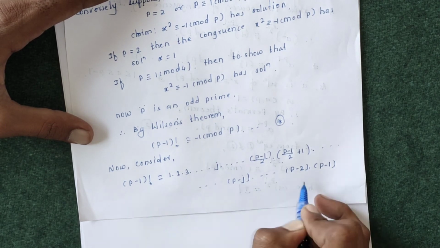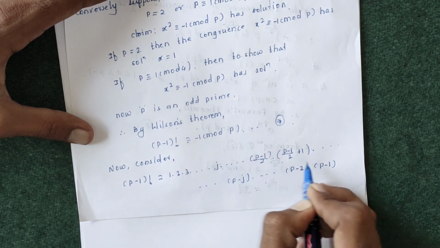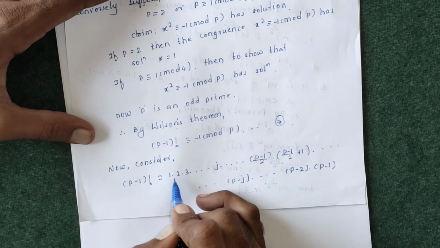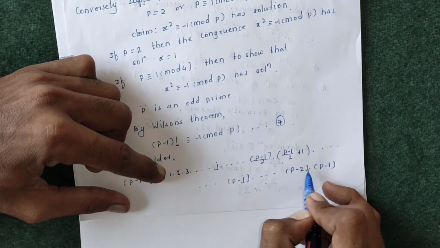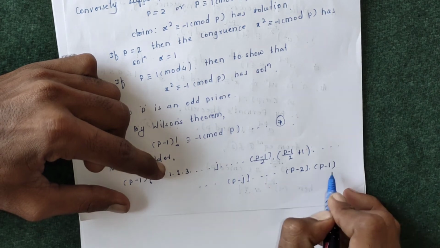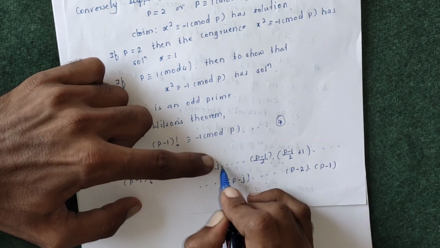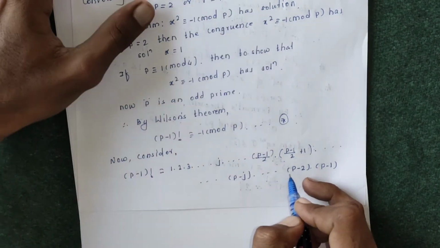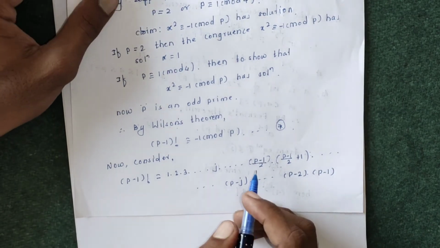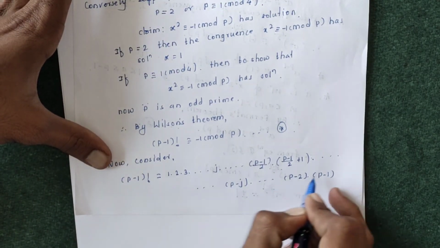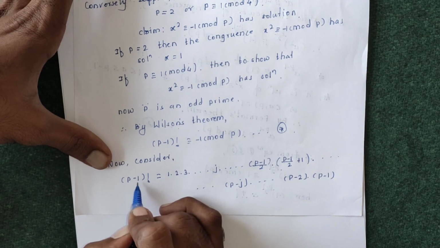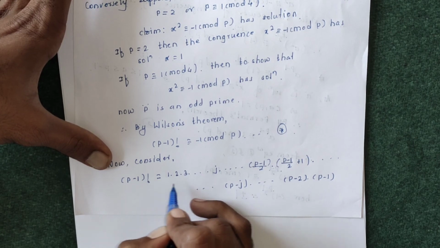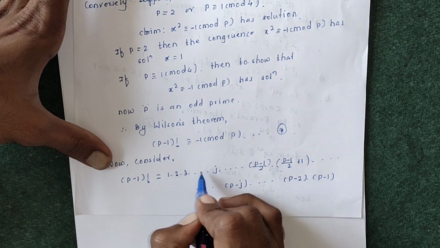So writing p minus 1 factorial in this manner, 1 into 2 into 3 into 4 up to p minus 1, but in between there must be some j. Since we have 1 into 2 into 3 up to p minus 3, p minus 2, p minus 1, we pair them: 1 into p minus 1, 2 into p minus 2, 3 into p minus 3, up to, suppose this is the jth integer, then there must be p minus j. First of all, we can write p minus 1 factorial in this manner, since p minus 1 factorial is the multiplication of the first p minus 1 natural numbers, and the first p minus 1 natural numbers are 1, 2, 3, up to p minus 1.